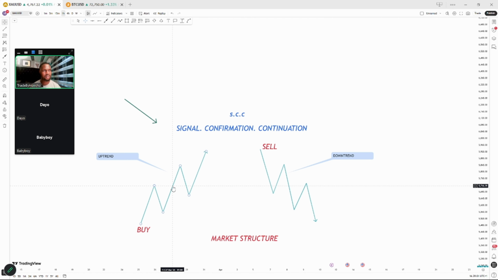Once you get the signal, which is the first step, you are going to wait for the confirmation. Confirmation means you are confirming if this signal is correct. So once the signal is correct and you confirmed it, now the third step for you to do is continuation. That continuation is you simply doing what? Is you simply pressing buy. Once you have the signal and you confirm it, the continuation, just press buy